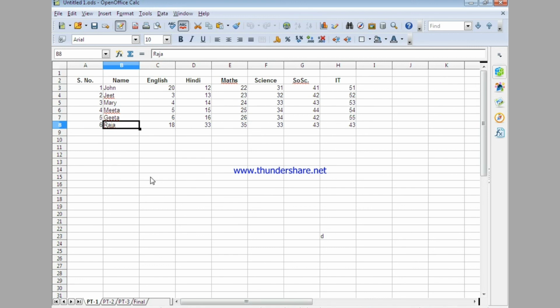So this way we can make the changes, we can edit the changes, we can put comments on the changes, we can filter the changes, and finally we can accept or reject the changes. Once these changes are accepted or rejected, they would be added here in the spreadsheet. And you can see there is no red border around the cells, because we had made a decision either to accept or reject the changes.